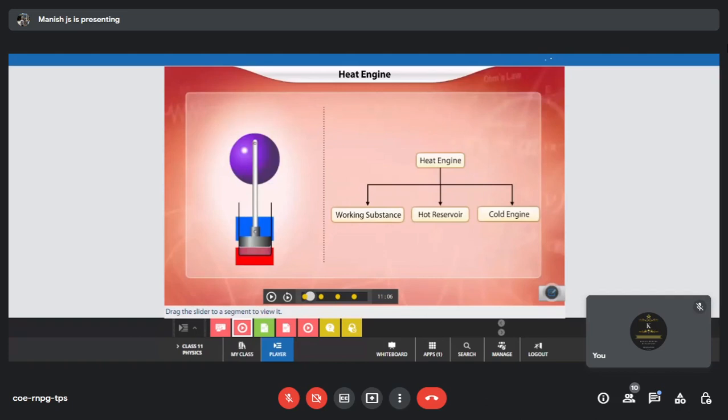Okay. Cold reservoir என்னன்னா, இப்போ அந்த heat produce ஆகுது இல்லையா உள்ள அந்த fuel heat ஆகும்போது, when it is being ignited or when it is undergoing combustion, that heat needs to be used somewhere. Only then you can have work done. So obviously it is being used. அது piston இருக்கலாம், it can be some metallic part of the engine or some other areas where the heat is being used. So then you call that as a cold reservoir because there is transfer of heat from the hot area to the cold area. So you call that as cold reservoir.